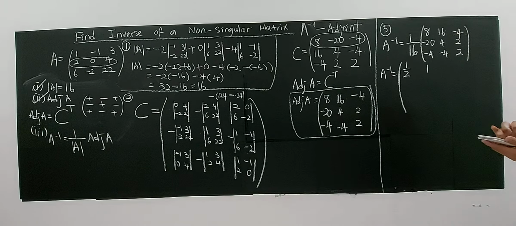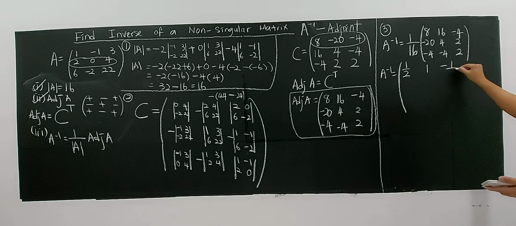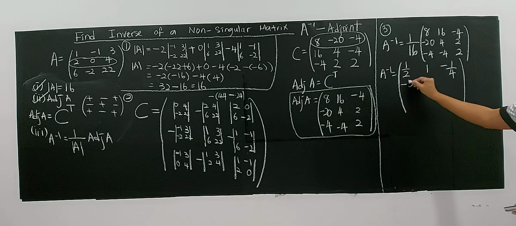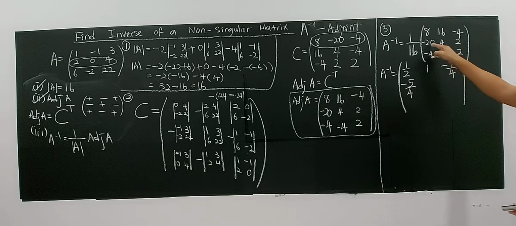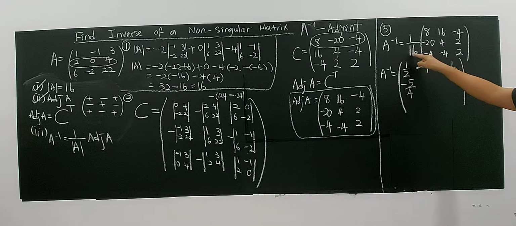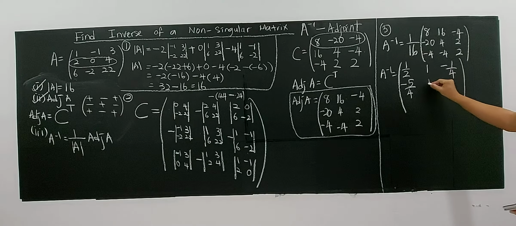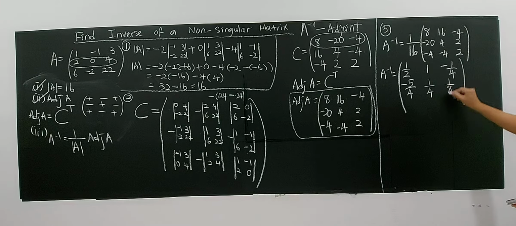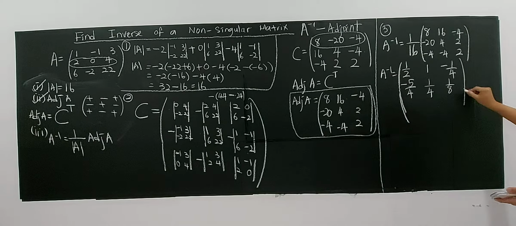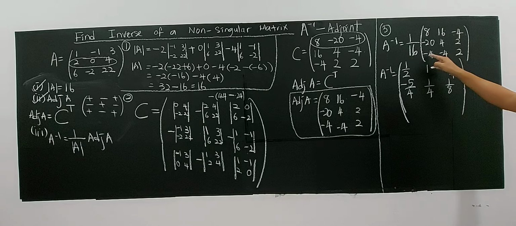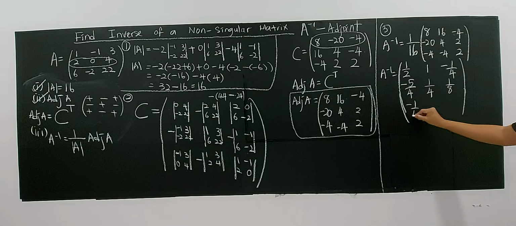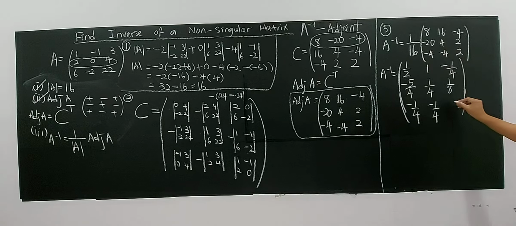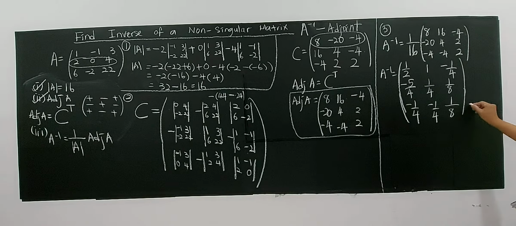Negative 4 over 16, you have negative 1 over 4. 20 over 16, negative 5 over 4. 4 over 16, you have 1 over 4. 2 over 16, you have 1 over 8. Okay, so 1 over 8, negative 1 over 4, negative 1 over 4, and finally 1 over 8 as your